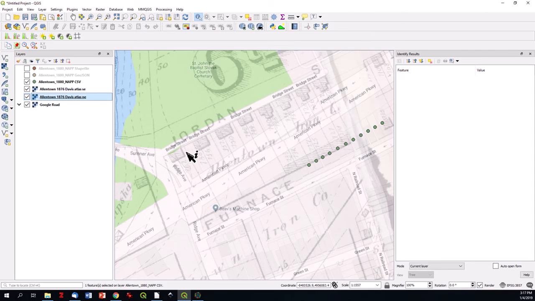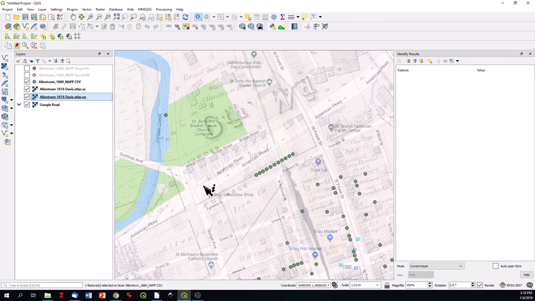Now, there it is in the old map, notice. Okay, now one of the most important things to notice here is that Jordan Street no longer exists. So when I tried to map these, I should have matched it up with Bridge Street instead of Jordan. So they're not here. And you can see that actually these houses have been torn down to make way for the American Parkway here. So that's one way, one purpose you might use for